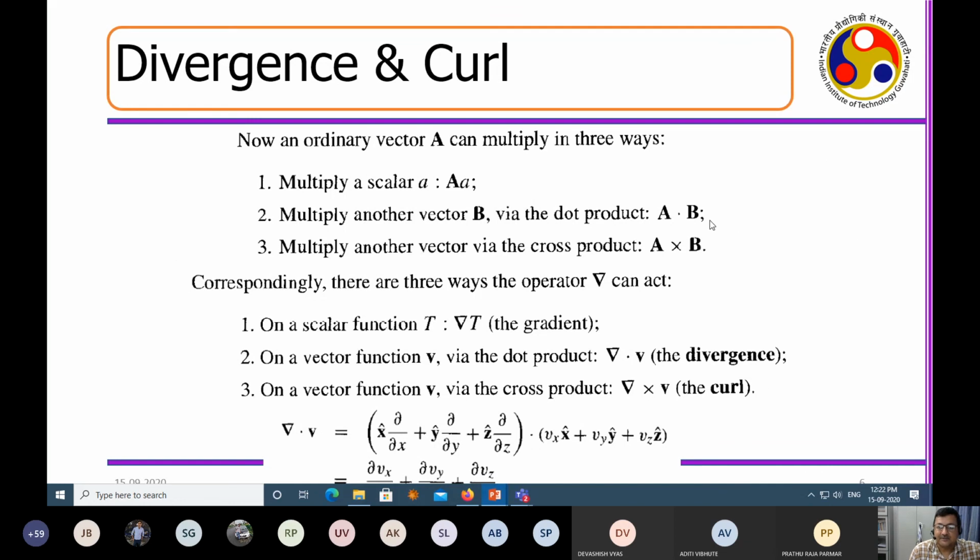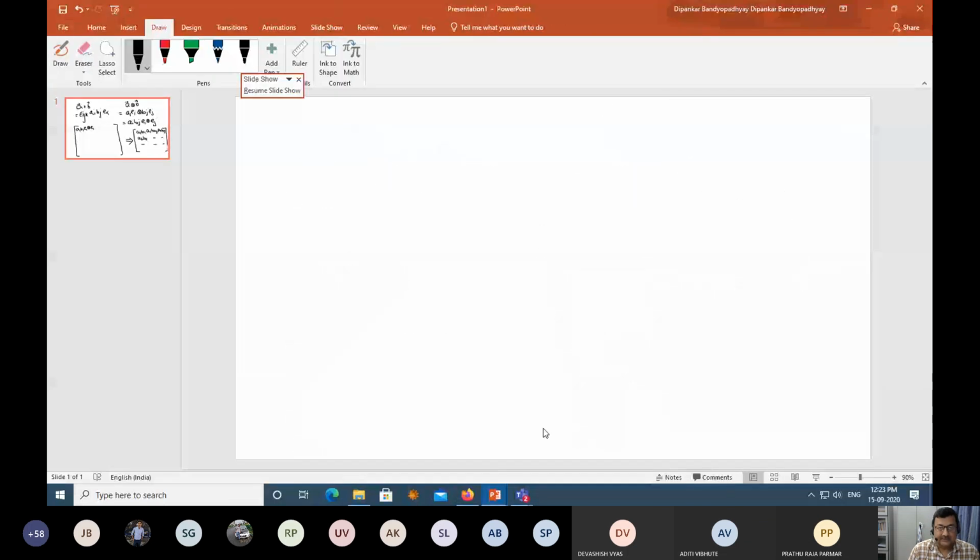So we are now comfortable with A dot B, which is a scalar; A cross B, which is a vector; the gradient of T, which is a vector; the divergence of V, where V is a vector, which is a scalar; and the curl of V, which is a vector. And we saw in the last class how exactly we can express the divergence of V. We learned in the last class that this can be written as